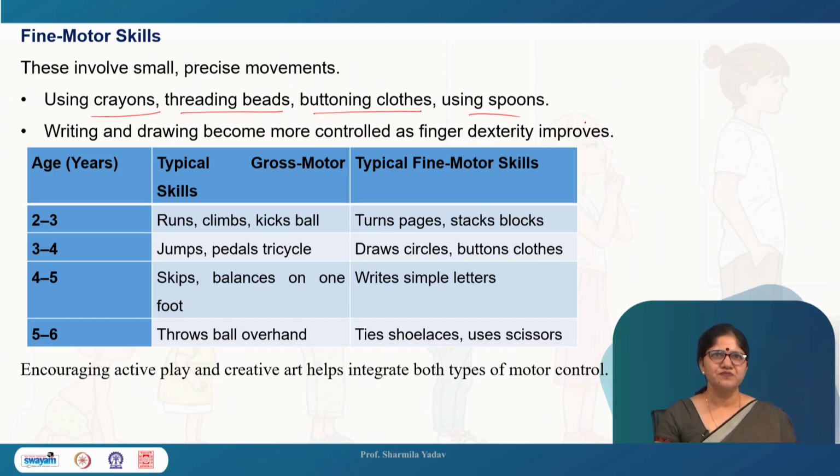3 to 4 years, jumps, pedals the tricycle. And fine motor skill involves drawing circles, buttoning clothes, and these are very important milestones also, buttoning the clothes. 4 to 5 years, typical gross motor skill is skipping, balancing on one foot. Fine motor skill is writing simple letters. 5 to 6 years child, gross motor skill throws ball overhand, and fine motor skill involves tying shoelaces and using